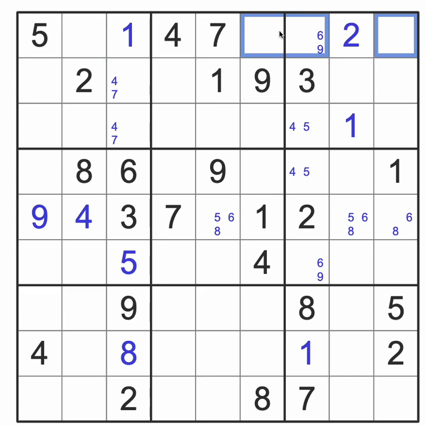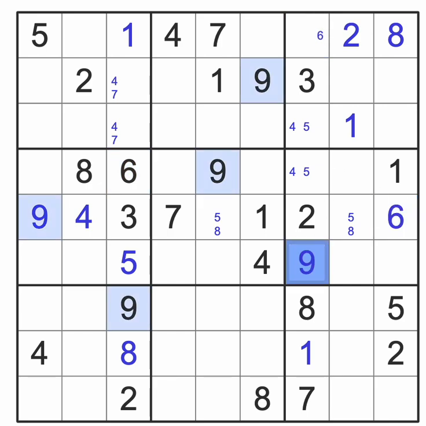This cell in box 2 is blocked by 8 in box 8, so this cannot be 8. This cell is blocked by 8 in box 9. So this is the only cell I can place 8 on row 1. And this 8 has given me 6 here,